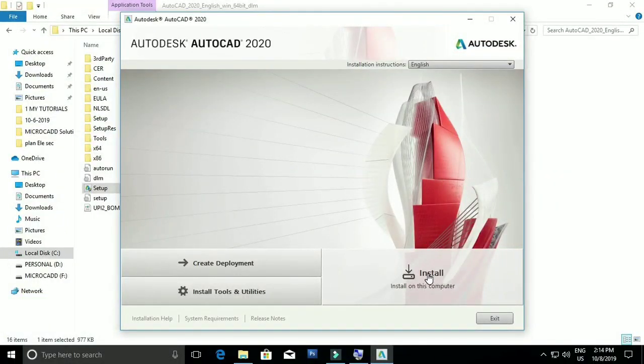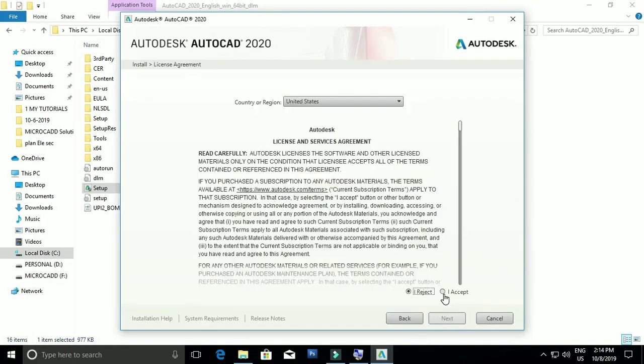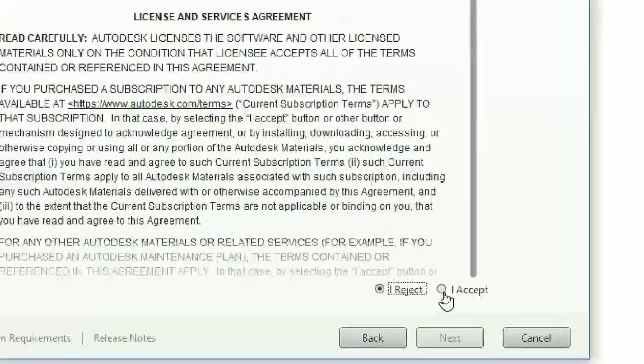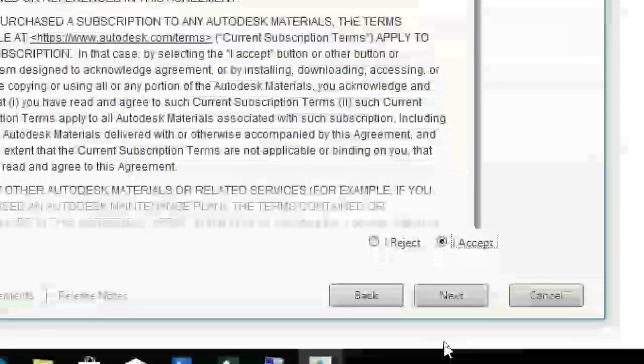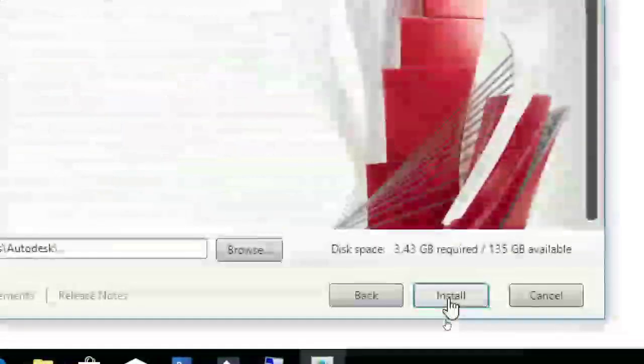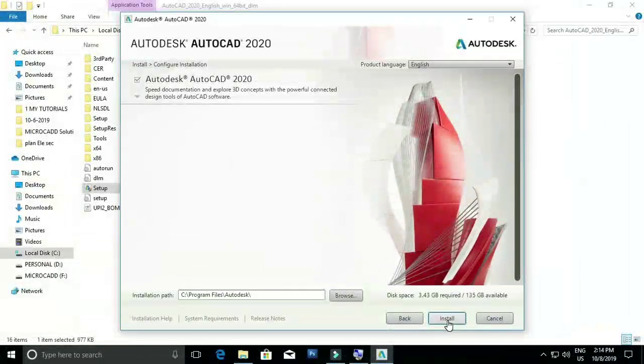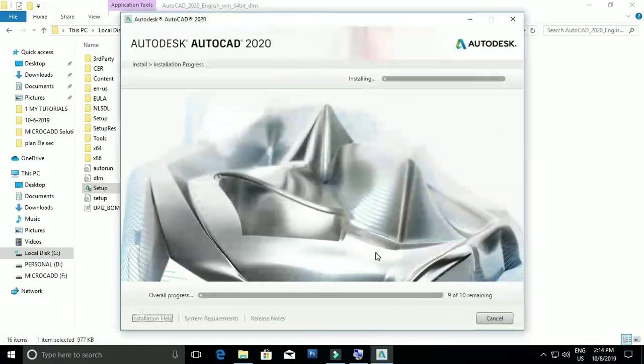Then you have to accept their license and terms, then click on accept and click next. After that choose the location where you want to install AutoCAD, then click on install now. Then it will take some time to install.